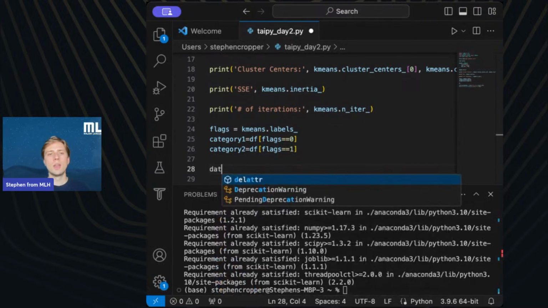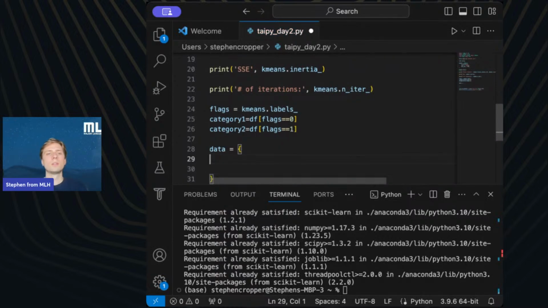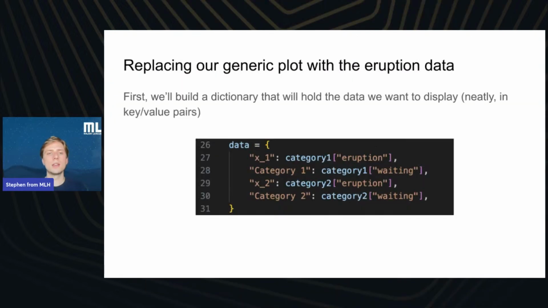All right, and so we have our data now. So I'm going to make a dictionary for our data. And let me show you in the slides what we want to do. We really are interested in replacing our generic plot with the eruption data that we have. So we're going to build a dictionary that will hold the data we want in neat key value pairs. And I've formatted it like this. So x1 is the first key in our dictionary. That's showing the eruption time, which will be on the x-axis for a category 1 eruption.